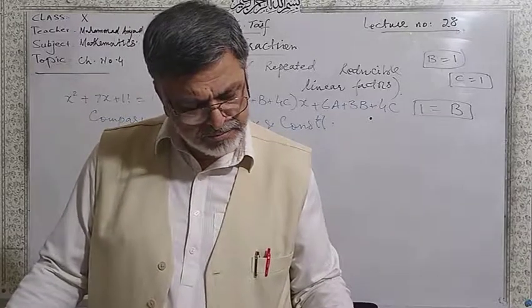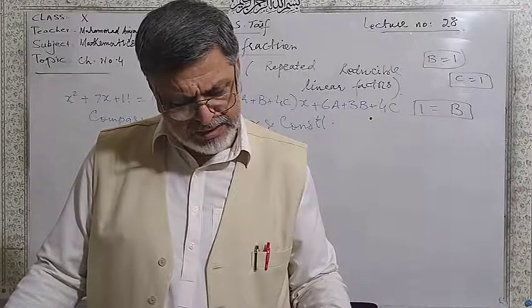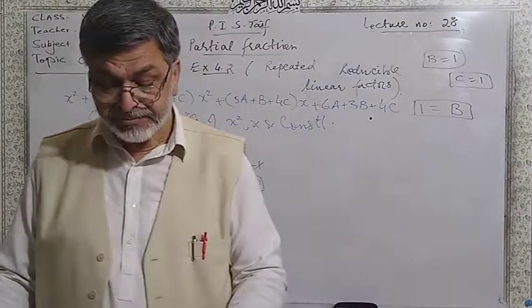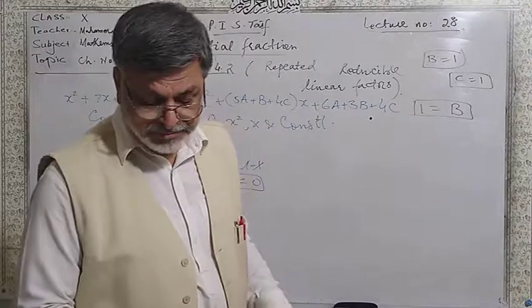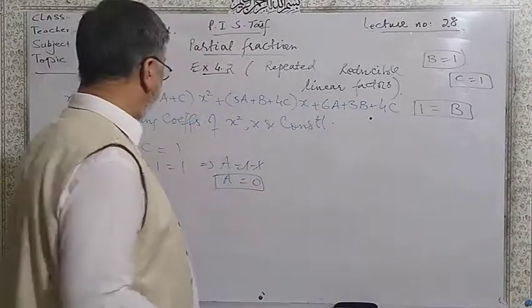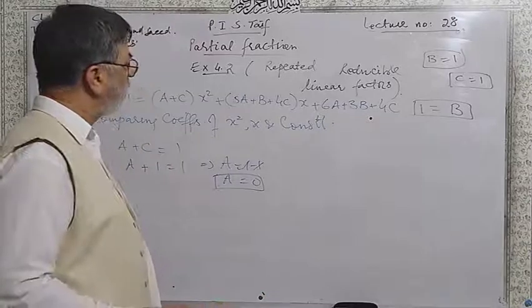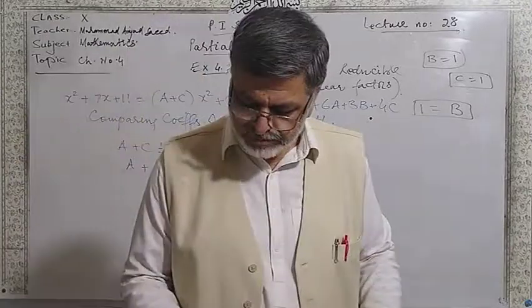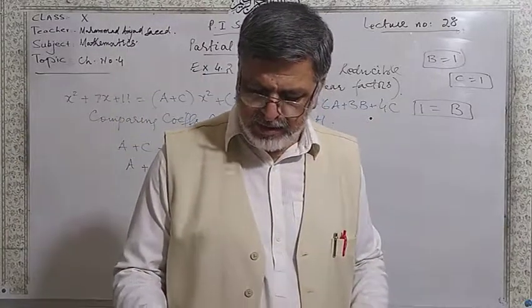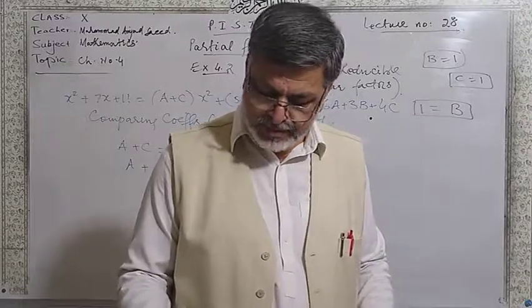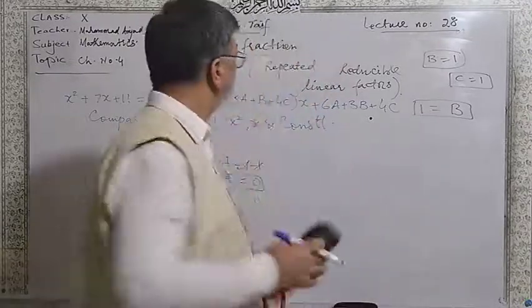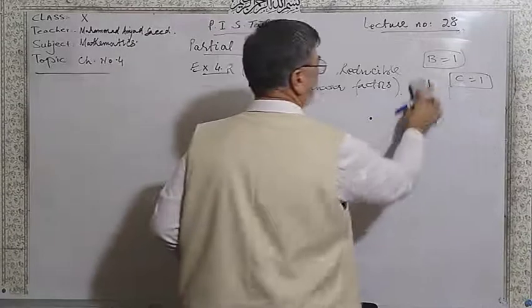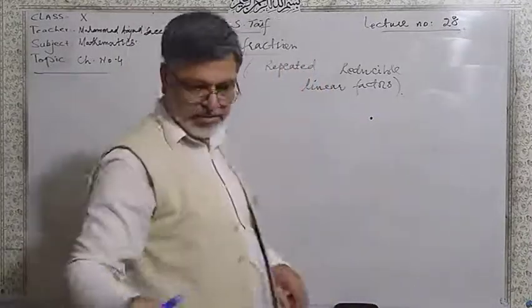Question number 2. Two over x plus 2 and then 1 over x. That was b and 1, this is 1. So dear students, you can check this question. There is a change of sign over there.